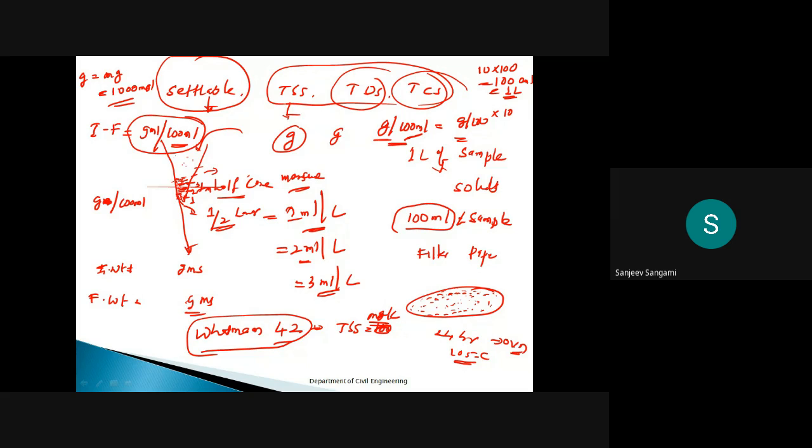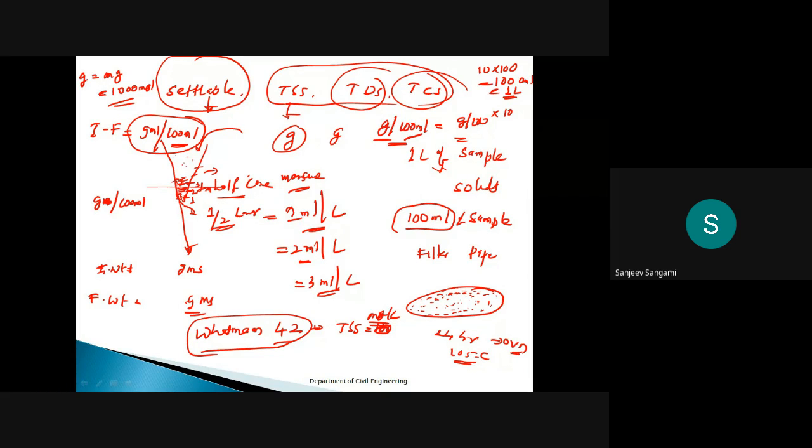Now, the total dissolved solids and total colloidal solids, we'll discuss that later, maybe in tomorrow's class. But for total suspended solids, you have to remember the step by step procedure. Then only you will understand what kind of solids those are. Now you understood the total settleable solids: settleable solids are settled in the Imhoff cone. Then total suspended solids are the solids which are retained on the filter paper.